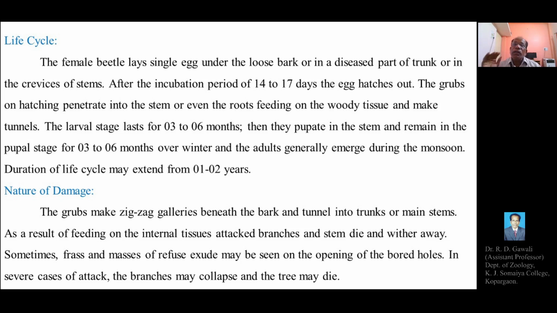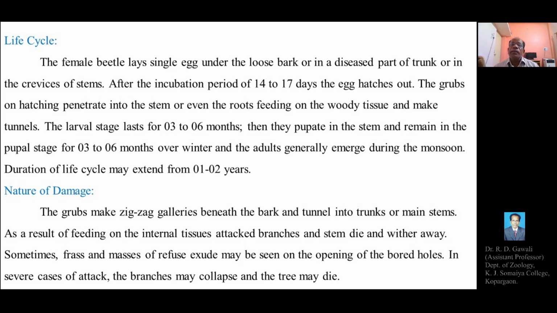So during early monsoon, the adult beetles of the mango stem borer emerge, come out of the mango shoot or the stem after completing its pupation stage. And immediately after its emergence, because it lives for a very short time, that is 2 to 5 days, in that period the adult males and females mate, facilitating sexual reproduction, and after which the